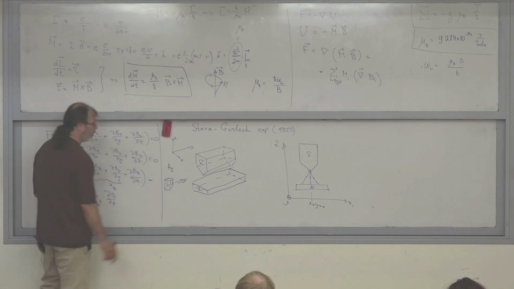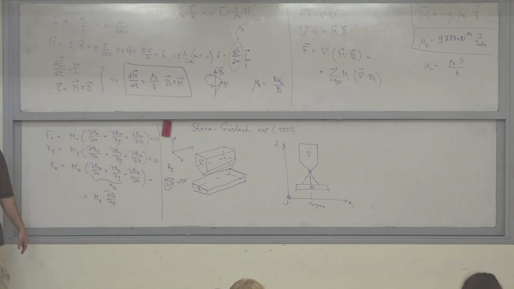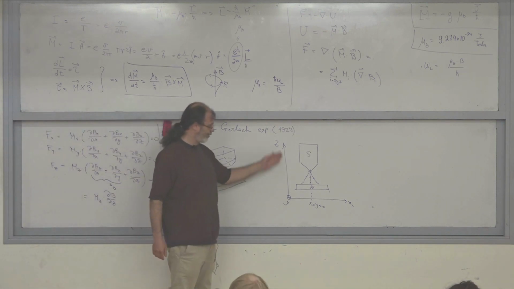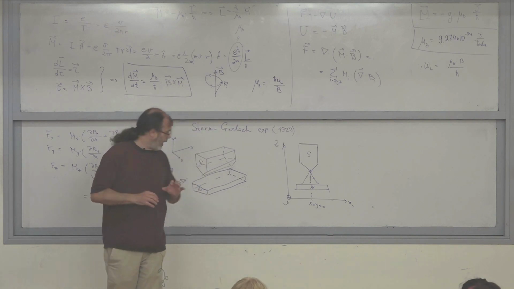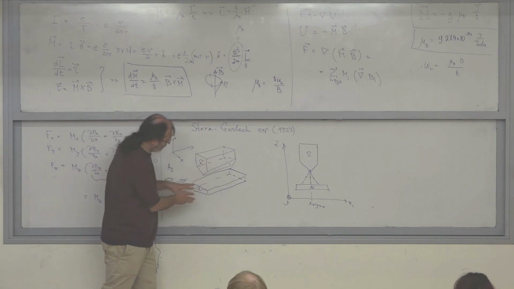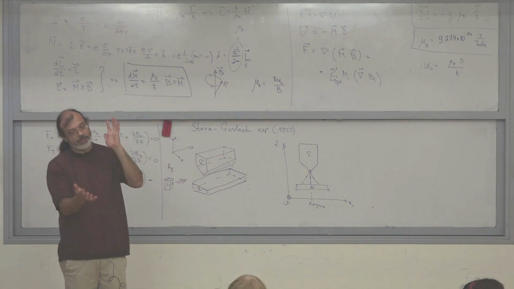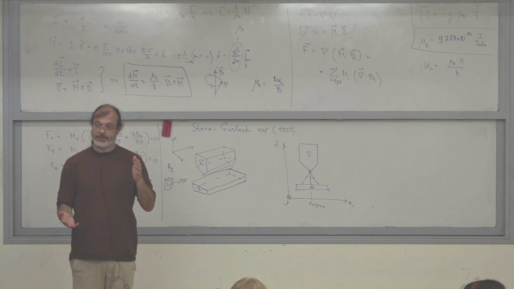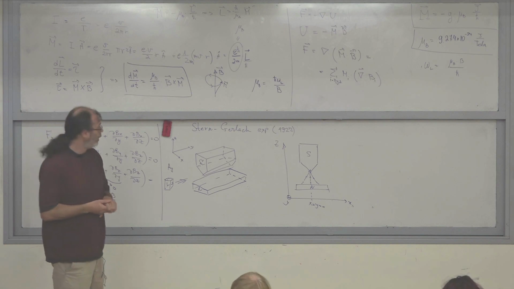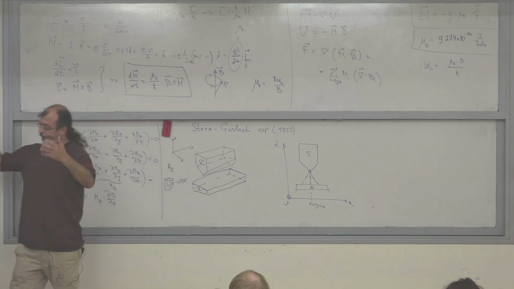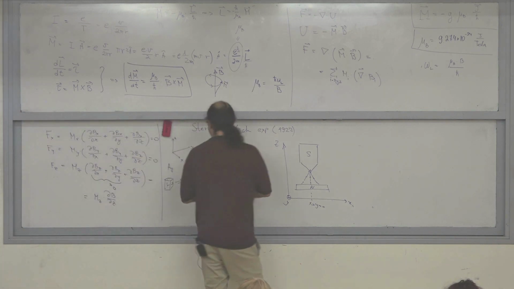This part is 0 due to the symmetry of the apparatus. And the only force that remains in this story is the force which acts in the z direction. So now we have a beam of atoms that goes through the apparatus in the gradient of the magnetic field in the z direction. The distribution of the magnetic moment is random in all directions, and the z-axis is the only relevant axis. So if they are randomly directed,